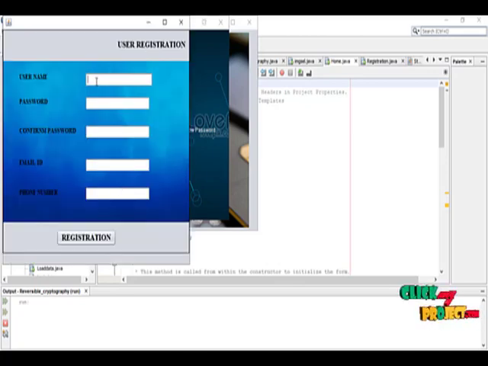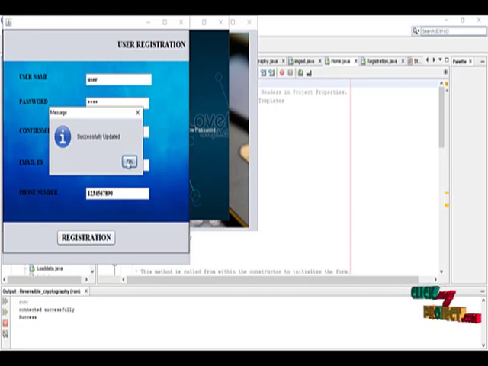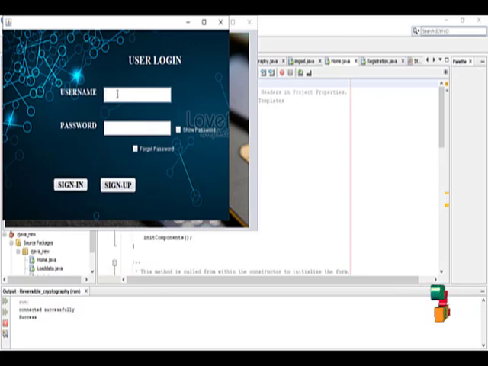Enter the username, password, confirm password, and put the email ID. And then put the phone number also, and then click registration. Successfully updated to the database, and then click the OK button. If you re-enter the username,